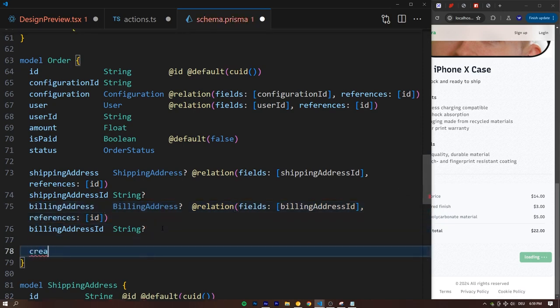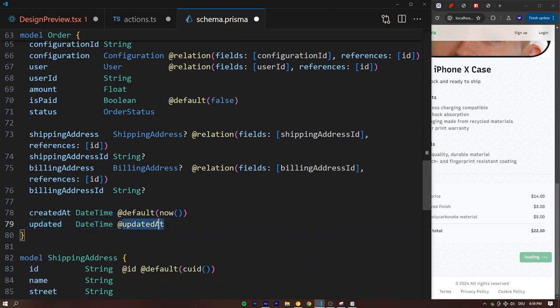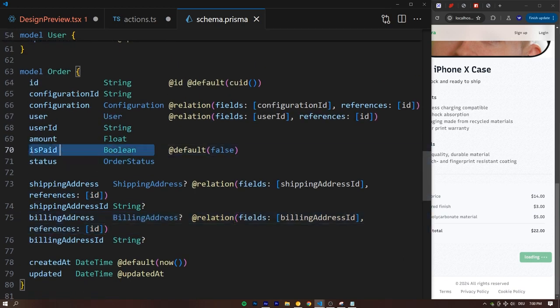So we're going to add a createdAt property at the very bottom, DateTime, @default(now()), just like before. And then similarly, the updatedAt that we also keep track of as a DateTime, and this is going to be @updatedAt. So Prisma automatically keeps track of when this entry was updated and updates this row accordingly, right? Beautiful. So just like that, we have modeled a complete order system for our database with an isPaid